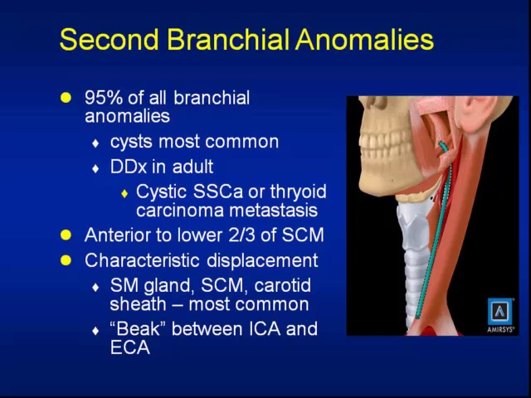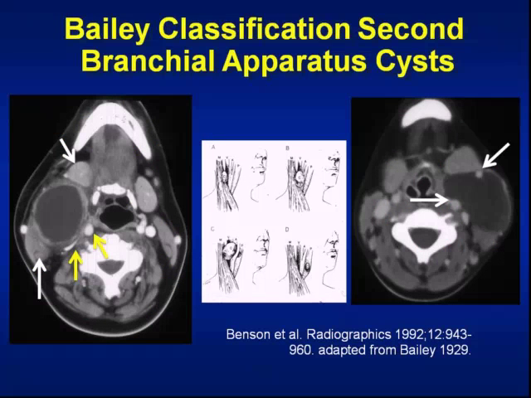They're all anterior to the sternocleidomastoid muscle, most commonly. Here we have one in the classic location. What does it do to its neighbors? It pushes submandibular gland forward, it pushes sternocleidomastoid muscle backwards, and it pushes the carotid sheath vessels medial. So in this case, we have sort of a thick-walled lesion, little bit of strandy fat. This was an infected second branchial apparatus cyst, and it's the most common